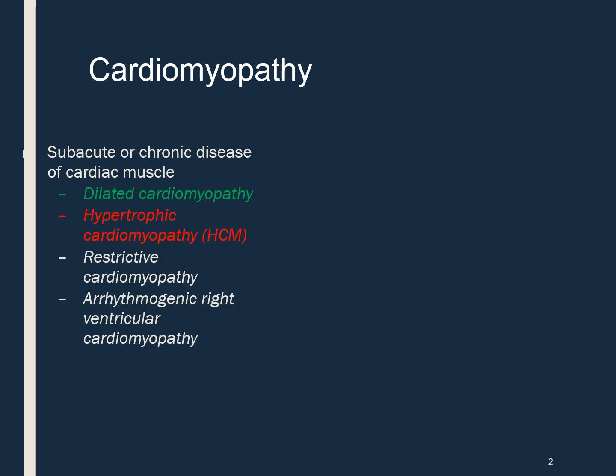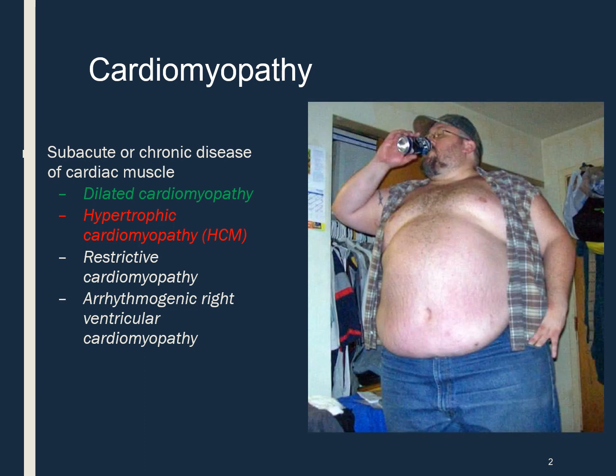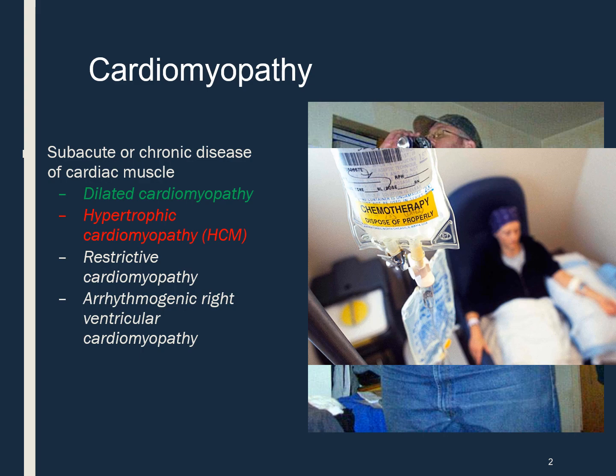Cardiomyopathy is fancy for disease of the heart muscle. There are 4 main types of cardiomyopathy. The most prevalent type is dilated cardiomyopathy. I actually have it highlighted here in green. The cause of dilated cardiomyopathy could include alcohol abuse, chemotherapy,